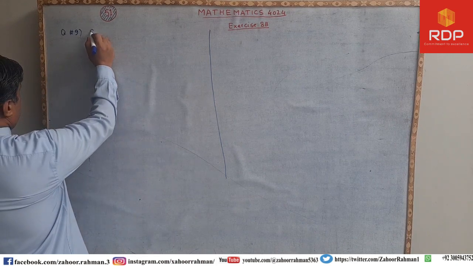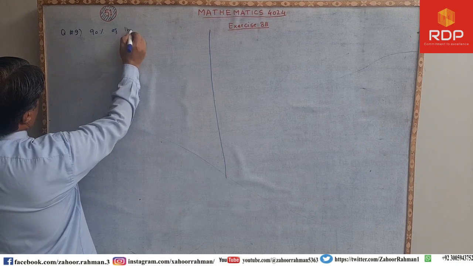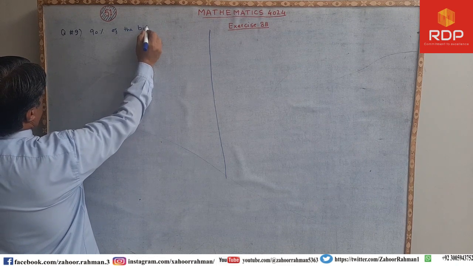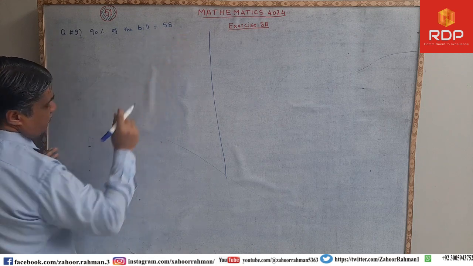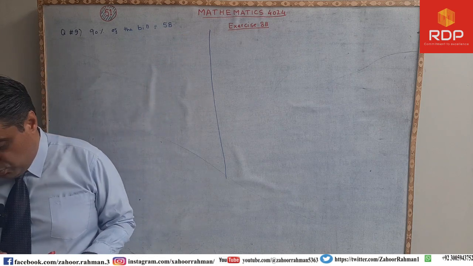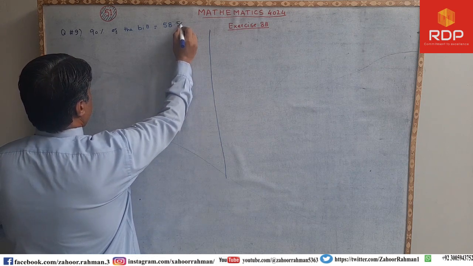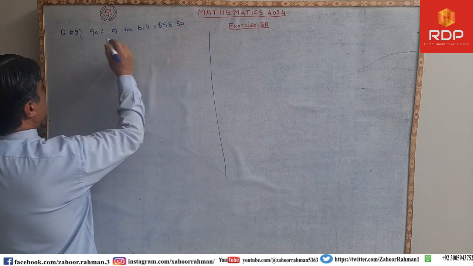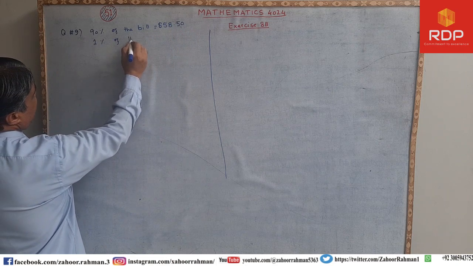We have to write 90% of the bill is equal to $58.50, so 1% of the bill